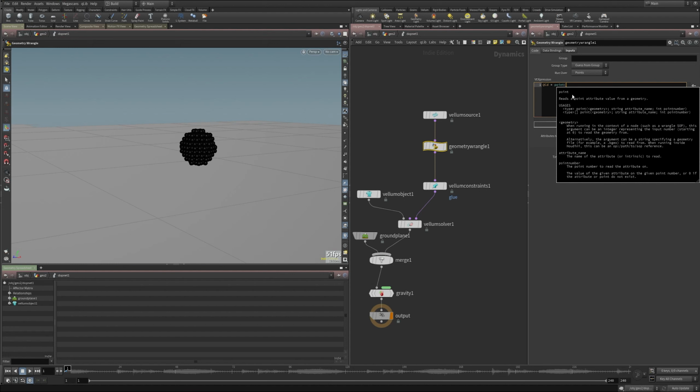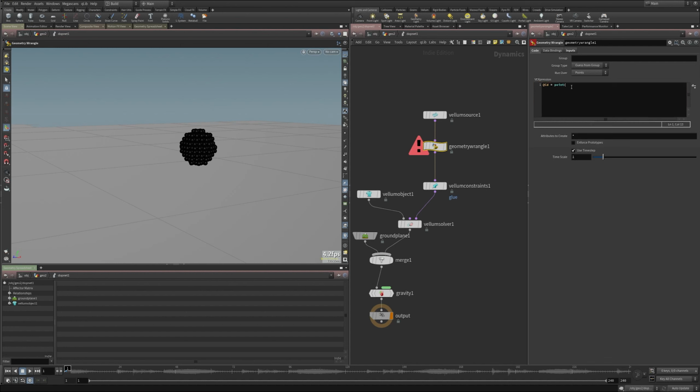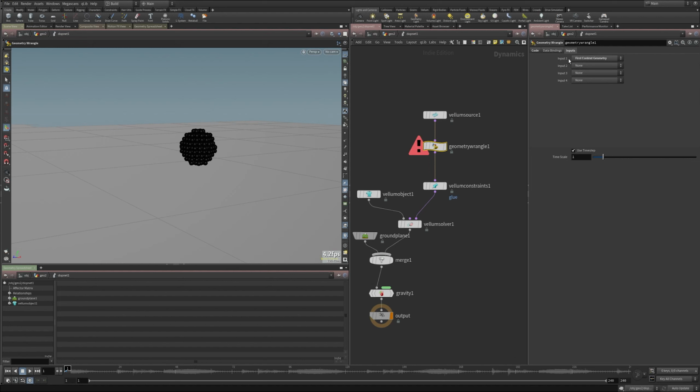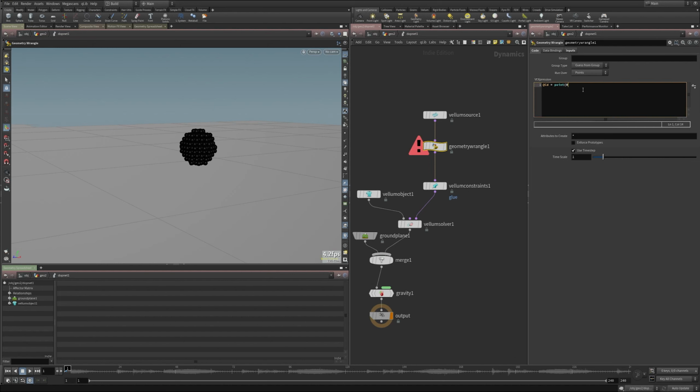Basically, at every point of my incoming geometry that I defined here, so this first input, that's where the 0 comes from, at every point in my simulation, I want to reference the incoming point's color value. Put that in quotes. And then it says, how do you want to match these up? Just put this at ID. And let's see if this works.